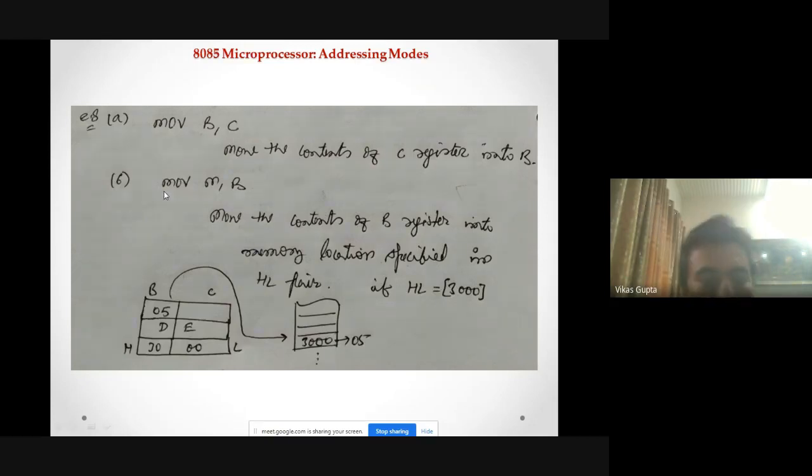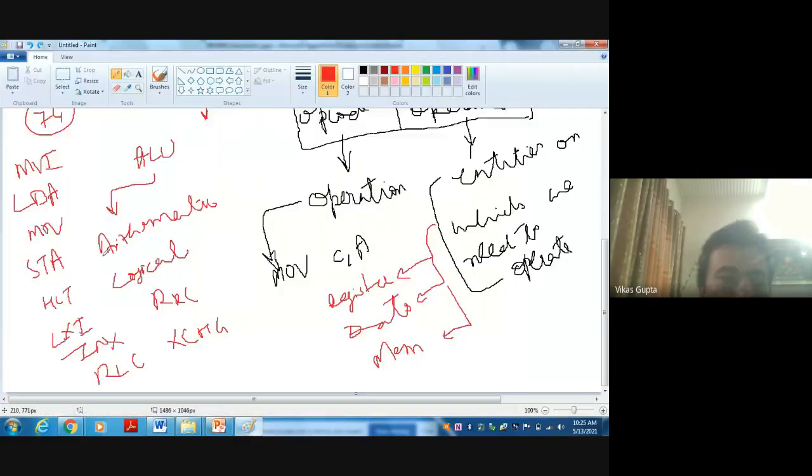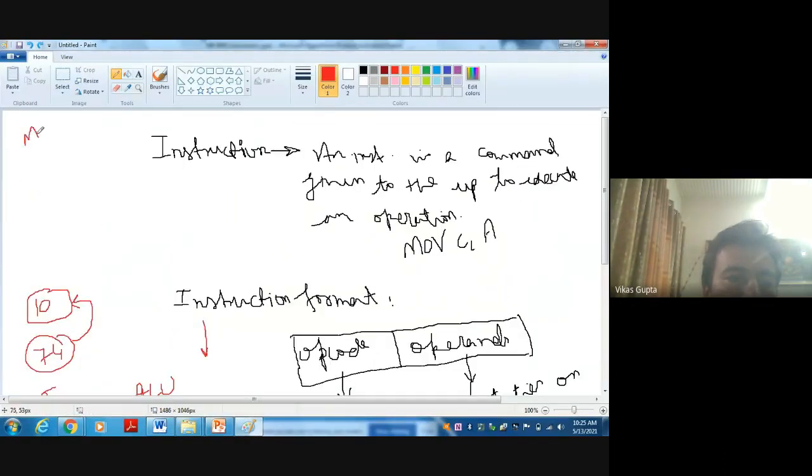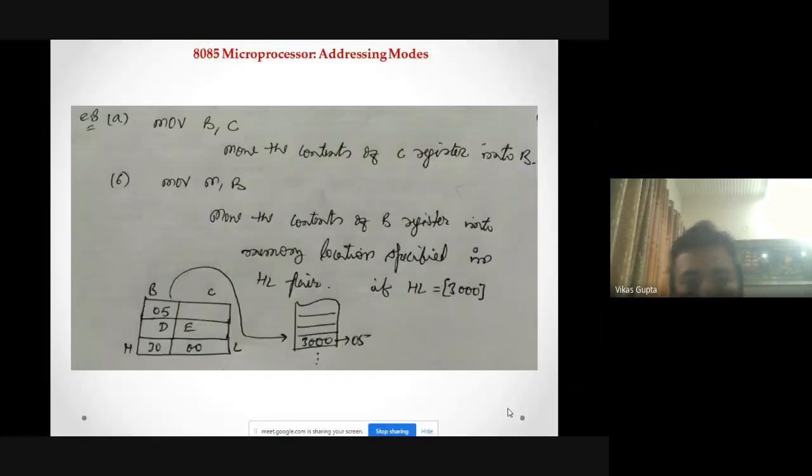एक बात और याद रखना, जब पेपर में मान लो आपसे पूछ लेता है कि अपनी मर्जी से आपने इंस्ट्रक्शन लिखनी है, तो ऐसे मत लिख देना कि यहाँ पे MOV B, C, MOV, सारी मूव की इंस्ट्रक्शन मत लिख देना। यहाँ पे मान लो मैं लिख दूं A, C या A, D। फाइन। तो रिमेंबर, मूव इंस्ट्रक्शन सिर्फ एक ही यूज करेंगे आप, चाहे कोई भी आप यूज कर सकते हैं। फाइन। ओके, MOV B, C and next is MOV M, B. So move the content of the B register into the memory location specified in the HL pair। जो भी HL pair के ऊपर लेट से मैं कहता हूँ 3000 पड़ा है और उस पे B का डाटा जाके स्टोर हो जाएगा।